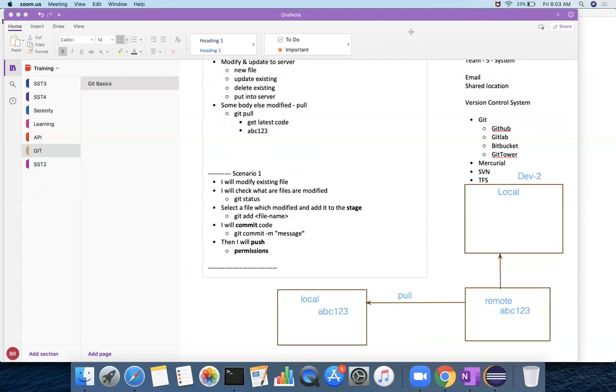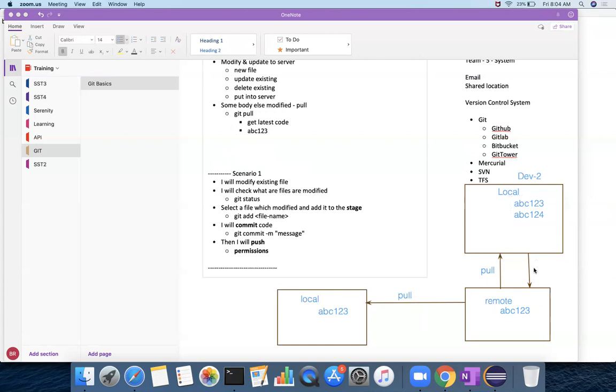After the pull, he also will have ABC123. Once he makes the changes, his local repository will change to, let's say, ABC124. It will not be like that exactly, but that is the differentiation I just want to tell. So now ABC124 is in his local.